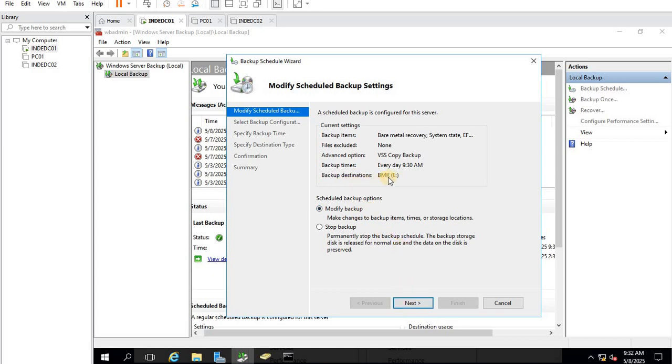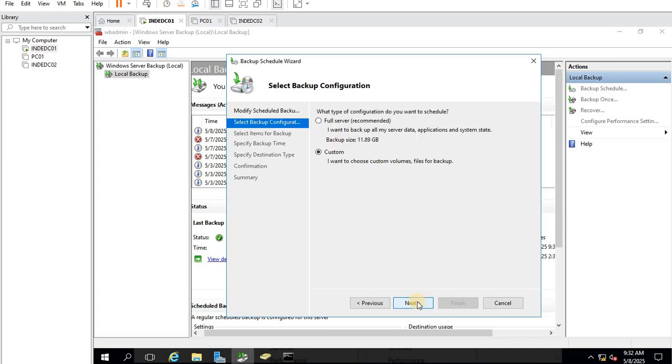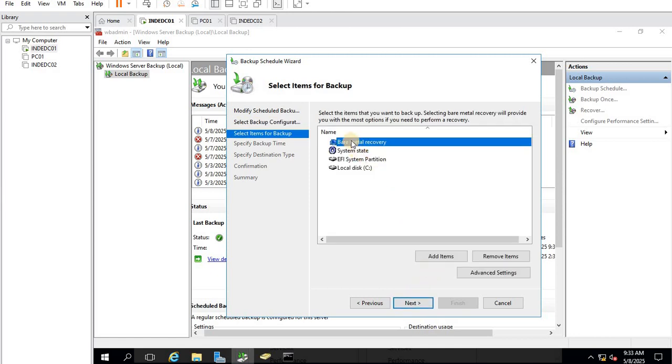Here you can see destination is E drive, backup items. Here you can see custom I chose. Here I selected bare metal recovery, then all the components were selected automatically. If you are having something in your D drive, E drive or F drive, that drive will also be covered.